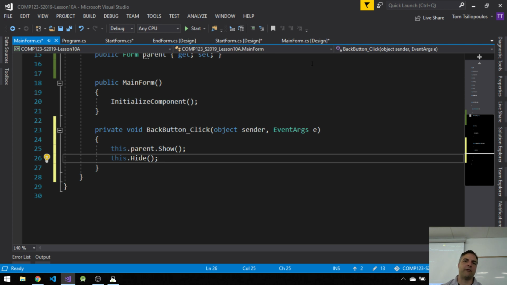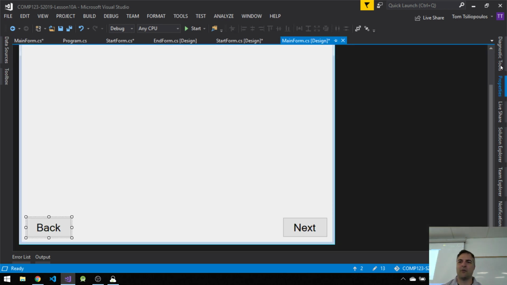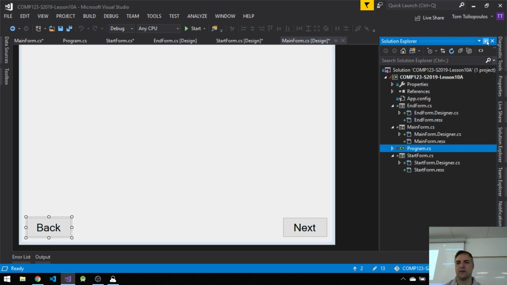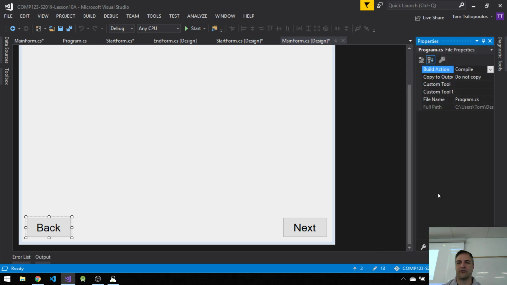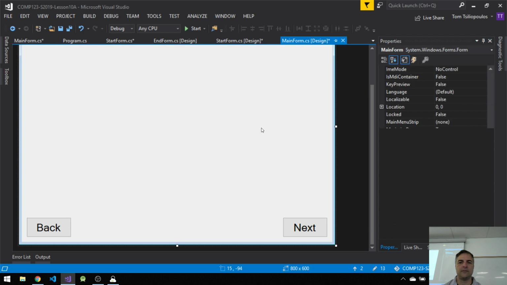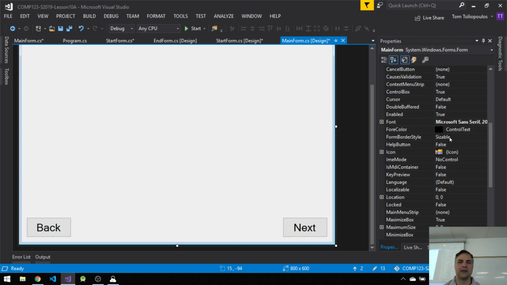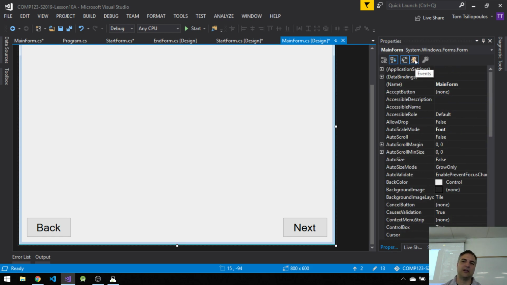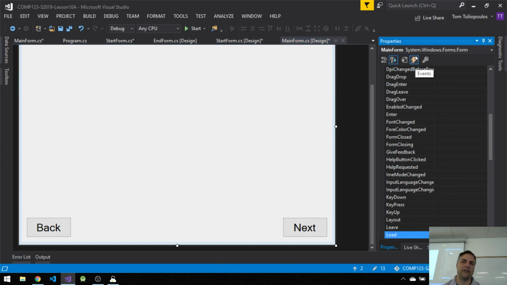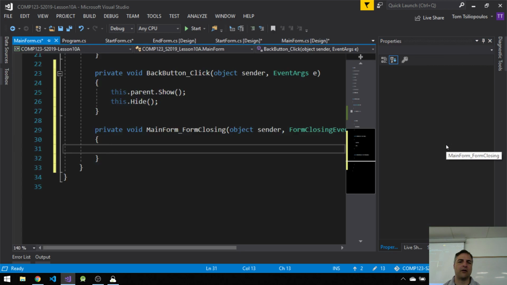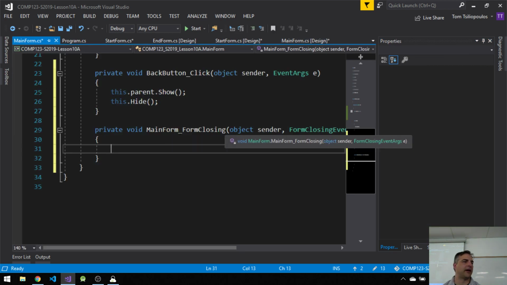So in the main form.cs, I want to go to my solution, and I want to go to my properties, here's my properties, for the form properties, and I want to go to this little lightning bolt, the events area, and instead of the load event, I want to go to the form closing event. The form closing event, that's new. And I want to double click, alright? So main form, when the main form is closing, when I click the X,